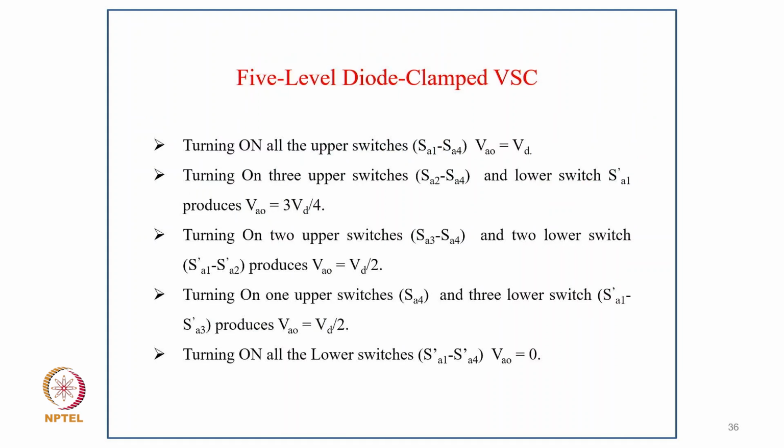Now in this 5-level diode clamp inverter, turning on all the upper switches SA1 to SA4, VO equals VDC. Turning on the 3 upper switches SA2 to SA4 and the lower switch SA1 produces VO equal to 3 VDC by 4. Turning on the upper 2 switches SA3 to SA4 and the 2 lower switches SA1 to SA2 produces VA equal to VDC by 2. Turning on one upper switch SA4 and 3 lower switches SA1 to SA3 produces VA equal to VDC by 4, and turning on all the lower switches SA1 to SA4,